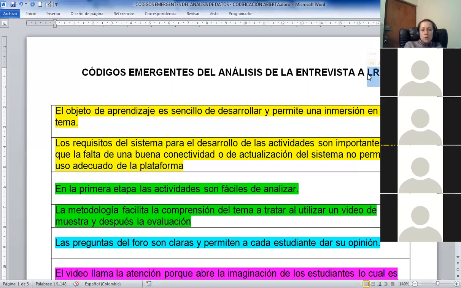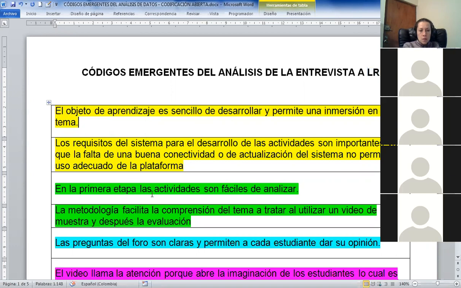So what you will have to do is to read the codes that were found after analyzing the 4 transcripts and try to find the commonalities and try to group them, taking into account the question. So I'm going to show you how to do it. Here we have general information about the learning object regarding an evaluation made by student LR about the requirements to work with the learning object,